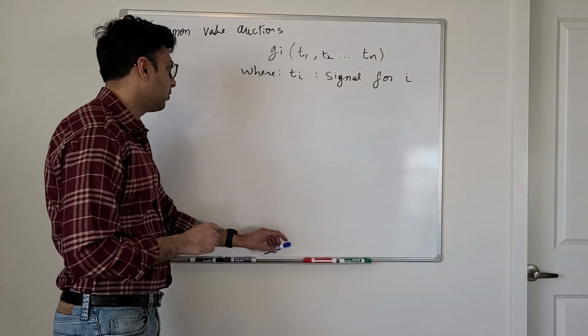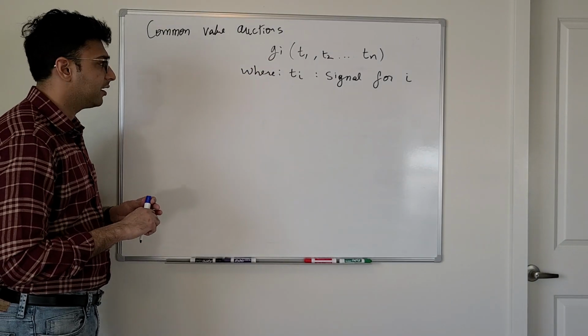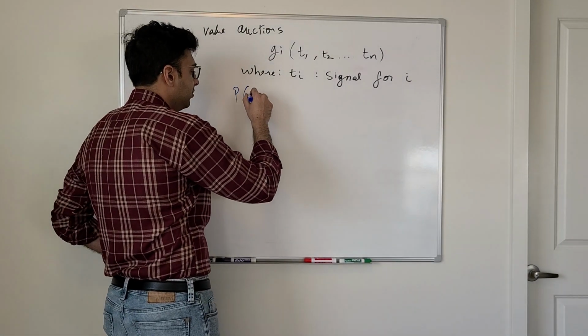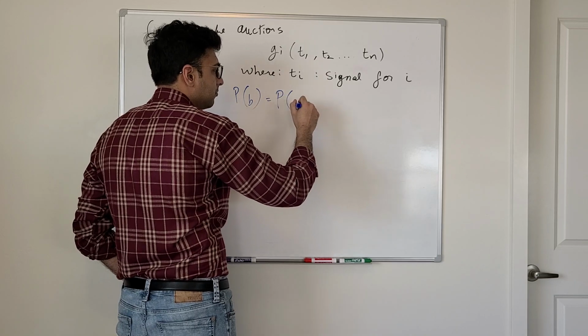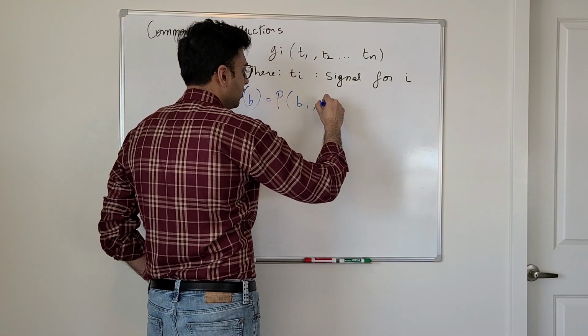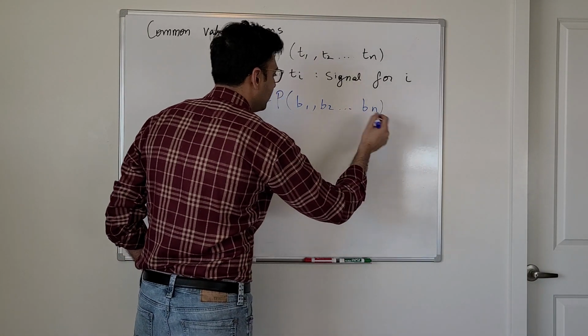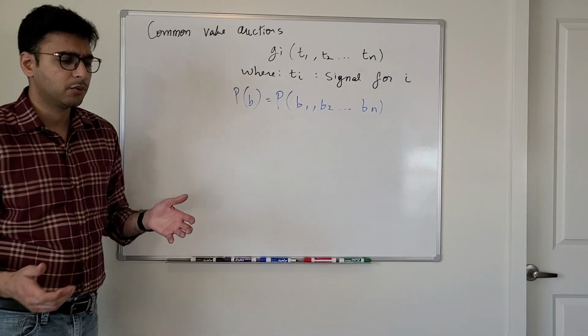The other thing that I want to define before we define the game is P(b). That's basically some price which is a function of b_1, b_2 up to b_n, where these b's capture the bids that players 1, 2, 3 and so on put in. This P(b) is the price that the winning bidder pays. So the person who bids the highest, they pay a price P(b), which depends upon the whole profile. And so that can capture first price, second price, third price, all kinds of auctions, so that we don't have to define the game twice, basically.